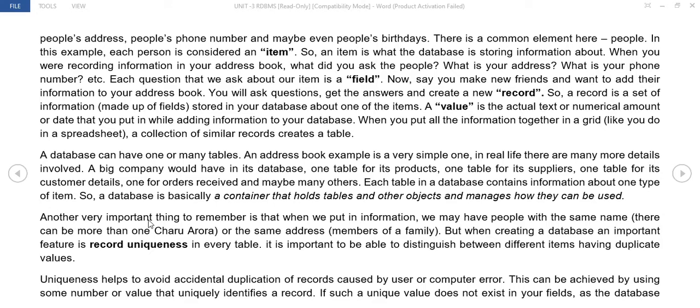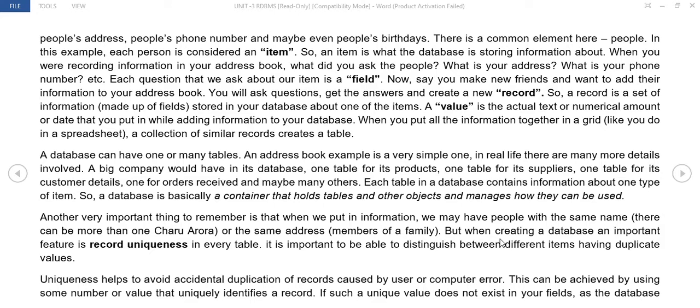Another very important thing to remember is that when we put in information, we may have people with the same name. There can be more than one Charu Arora, or the same address, members of a family.